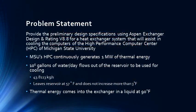The problem statement for this project was to provide the preliminary design specifications using Aspen Exchanger Design and Rating version 8.8 for a heat exchanger system that will assist in cooling the computers of the High Performance Computer Center of Michigan State University. Some of the constraints of this project were that MSU's HPC will continuously generate 1 megawatt of